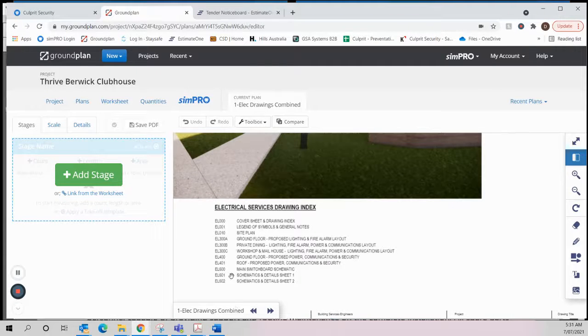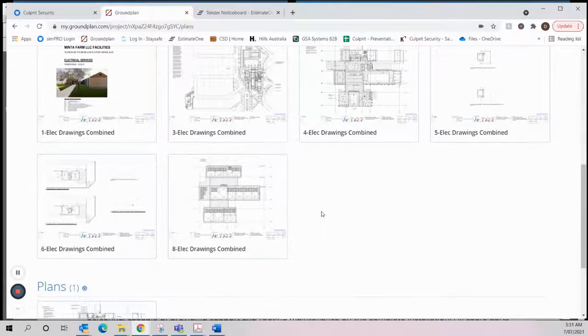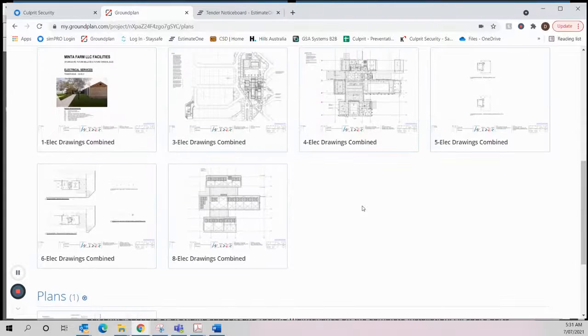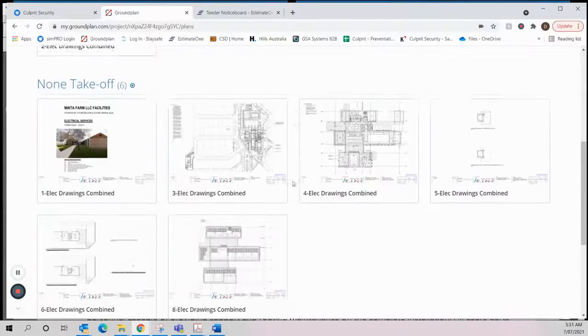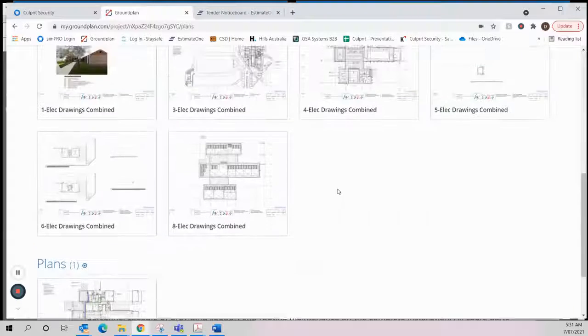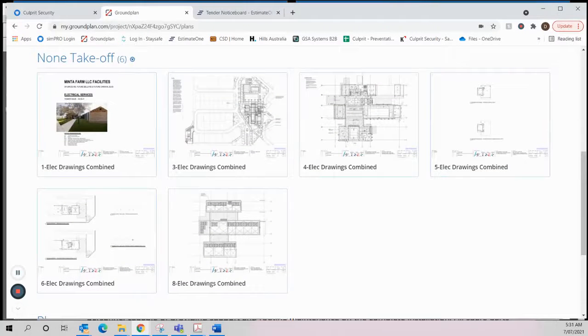And I'll check these two schematics. I won't use the main switchboard schematic because it's all electrical. It's not relevant to security. I'll just check these two switchboard schematics to see if there's anything relevant to us. Doesn't look like they're here, so I'll just